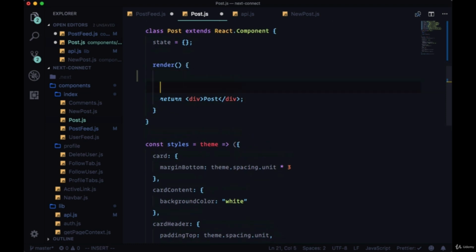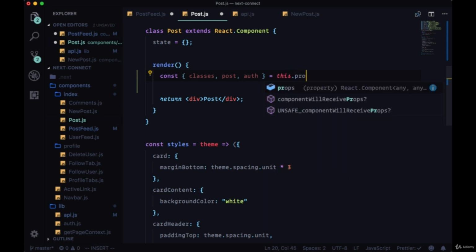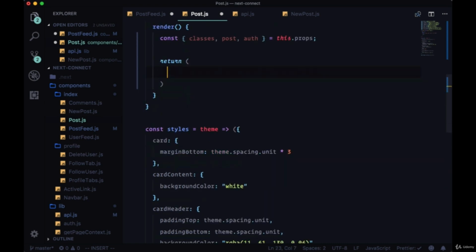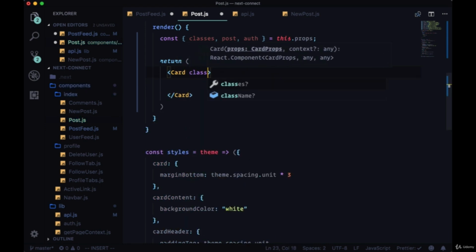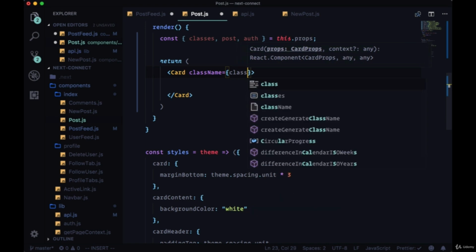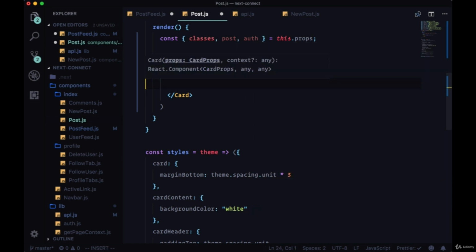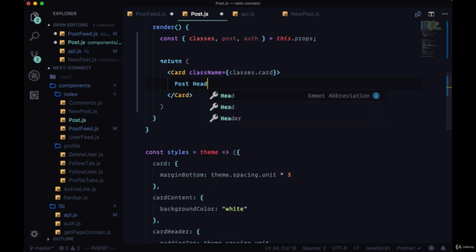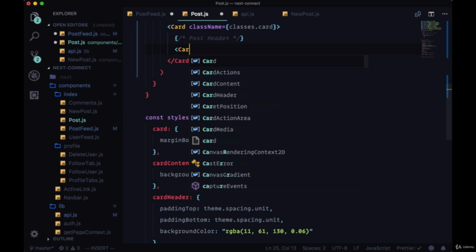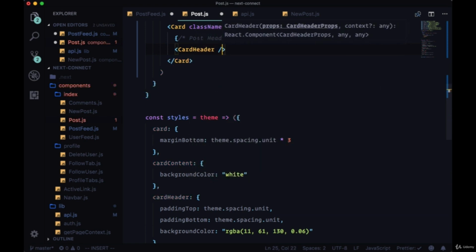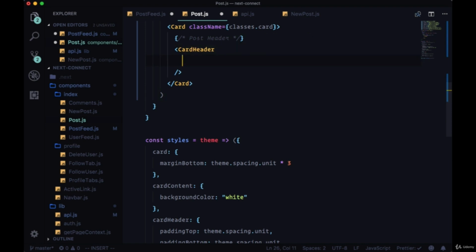Within render, we'll destructure from props the things that we need. So we'll need classes, post, and auth. And for the markup, we'll begin with a Card component. Class name will be classes.card. Then we'll have our post header. So it'll start with a CardHeader component where it'll have an avatar prop to which we'll pass our Avatar with the source of post.postedBy.avatar,